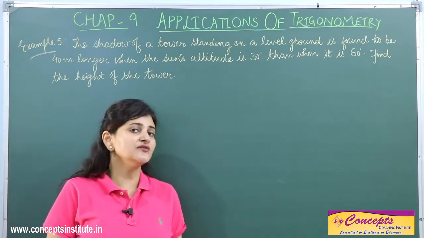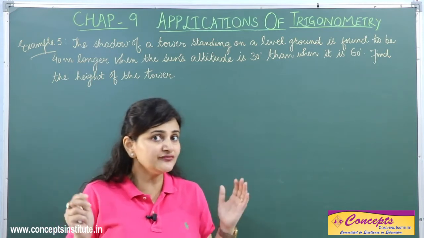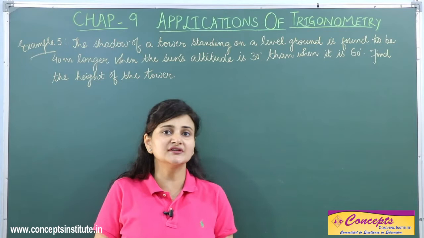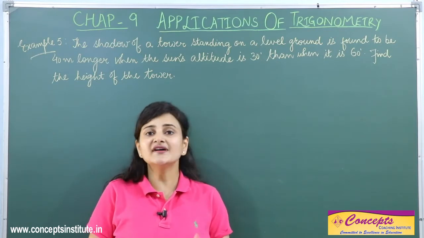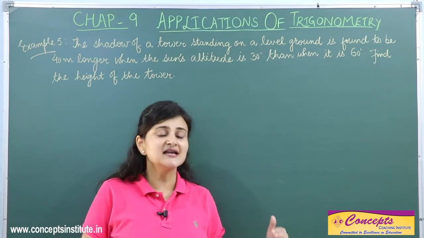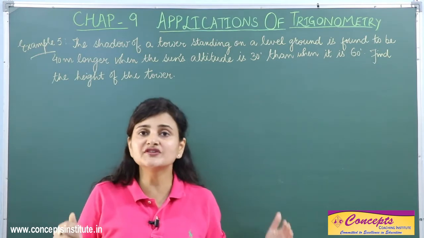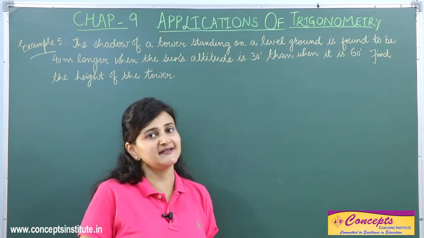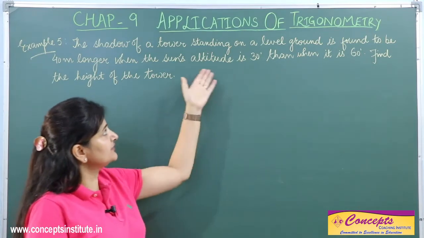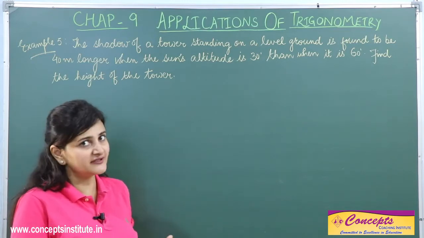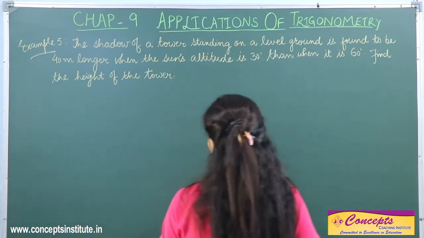Now students, all of us know that the length of the shadow increases in the evenings and it is shorter in the noons. That means when the angle of sun's rays is lesser, the length of the shadow increases rather than when it is on the steeper side, right? And here altitude means the angle of sun's rays. So let's first of all make a figure and then we'll try to find out what we have to.